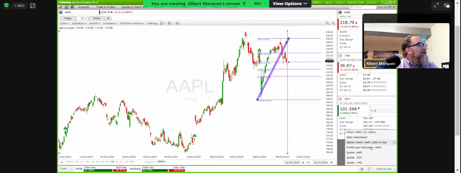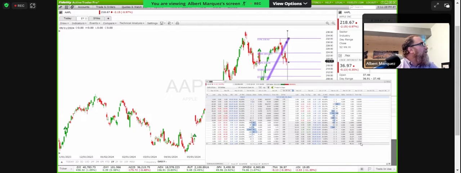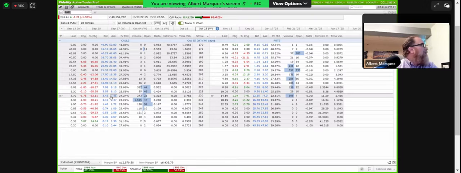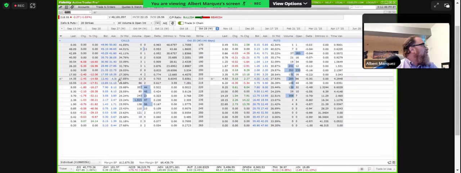So now we can take a look back at the option chain that we were talking about. And now we can look at a variety of things here, right? We can look at the 220 call, which would be sort of at the money, trading around roughly $8. We can look at the 230 call, which is 10 points higher and really kind of our target, at $4. And let's say we'll look at the 210 just to keep things even, which is currently trading around $14 and in the money.